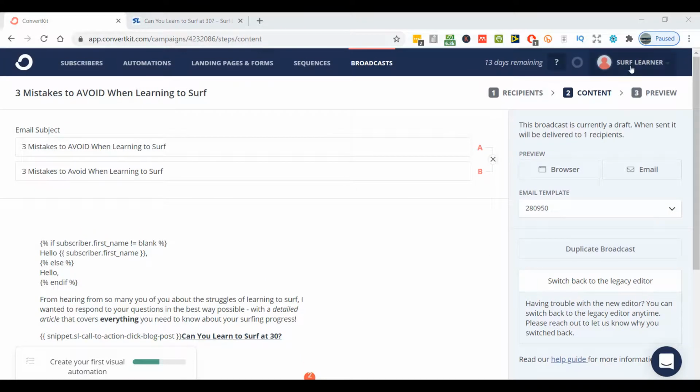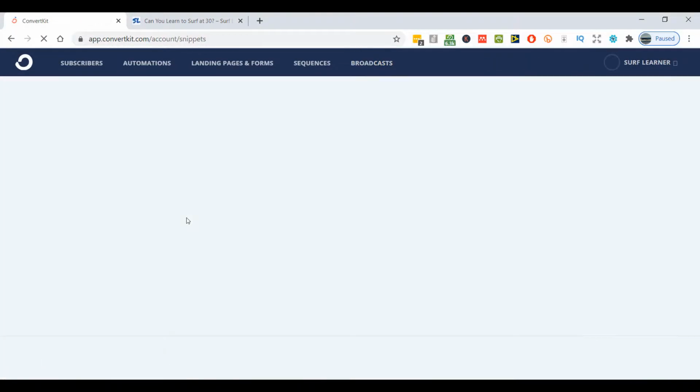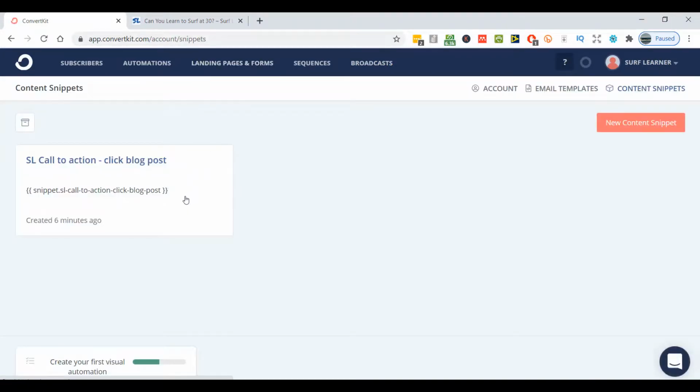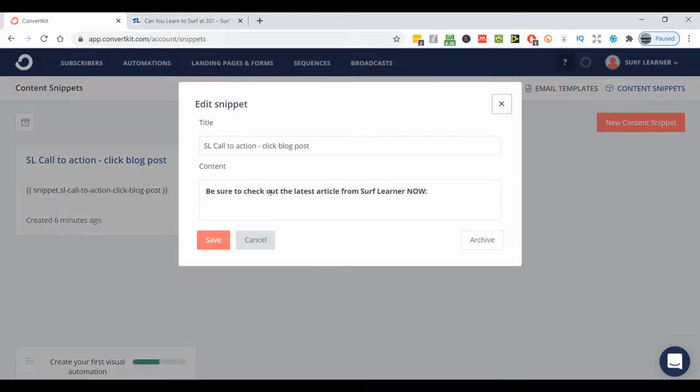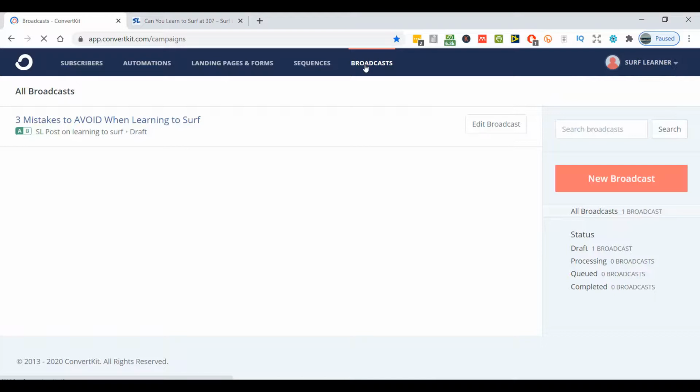So I'll go and edit my snippet just to take that line break out. Content snippets. Remember, I'd saved it before I did that as well. Click on it, and then you can see I'll just remove the line break and press save. Again, if I go back to broadcasts, I could use the back button, but let's do it this way. Edit broadcast,